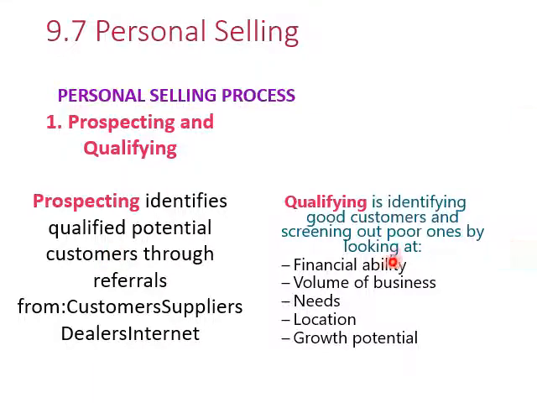So of course you will not approach your own friend because you know your friend may not have money to buy Coway and pay every month, isn't it? So you might want to qualify them as like, okay, these friends are not qualified, but they might know some other people who actually could be your potential buyer, like their parents. Okay, so then you will look at whether they are able to buy or not. Do they have the need to buy the product or not? If let's say they already have Coway at home, then they couldn't be a qualified person. Okay, so you must find a qualified one by looking at this particular criteria.